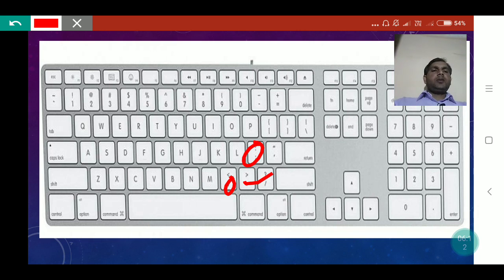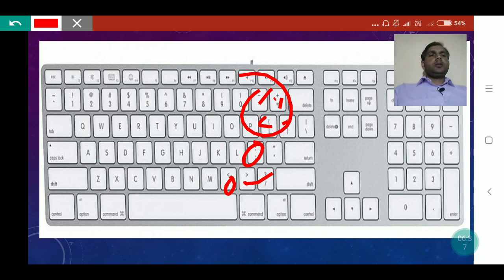There are also brackets and curly brackets, both types of brackets. These are punctuation keys, and the plus symbol, minus symbol and equal to sign here are also punctuation keys.